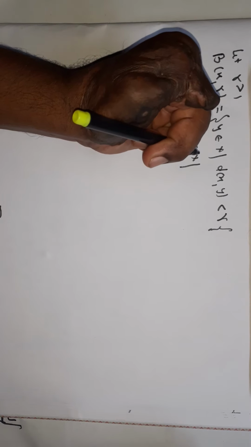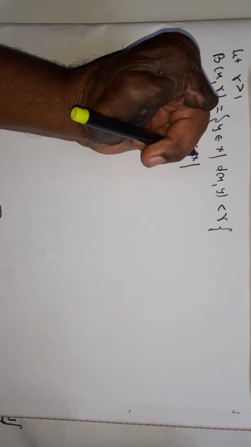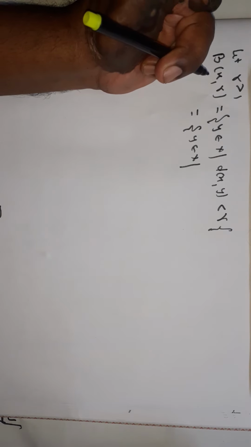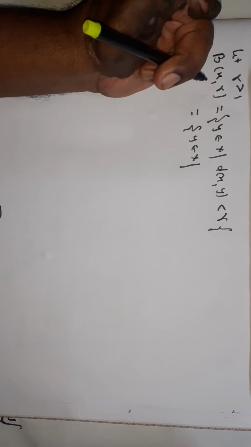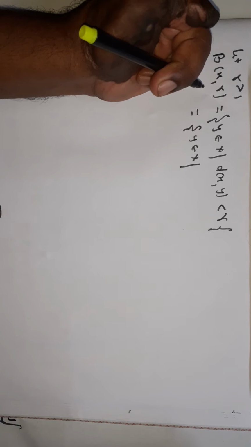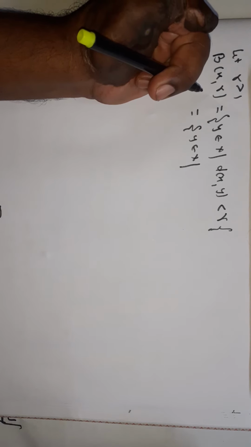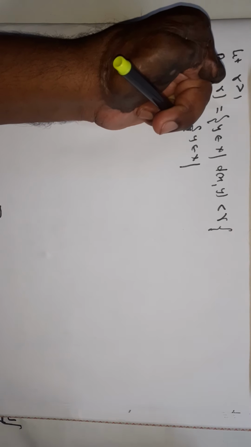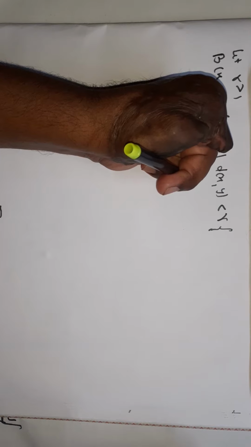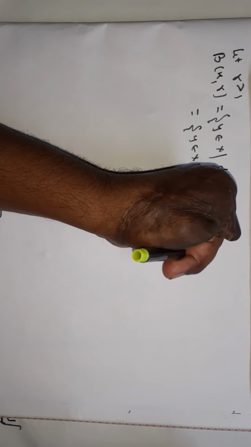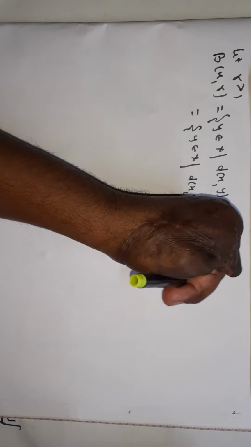Now since the distance between x and y is less than r and r is greater than 1, there are two possible values of distances: the distance between x and y is equal to 0, and the distance between x and y is equal to 1. Therefore ball x, r is the set of y belonging to X such that the distance between x and y is equal to 0 or the distance between x and y is equal to 1.